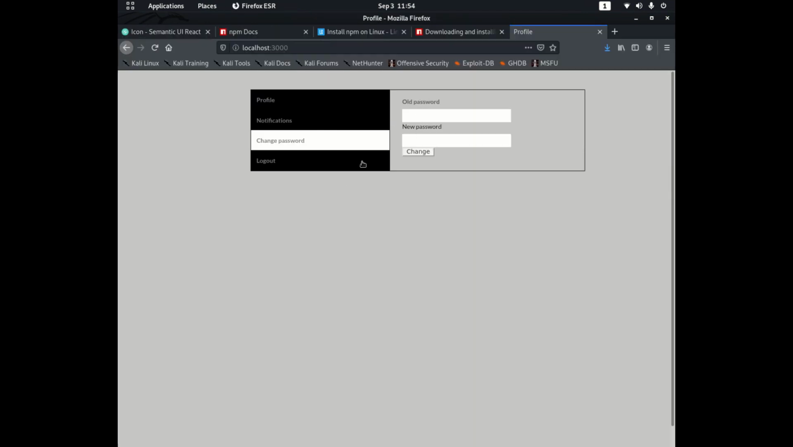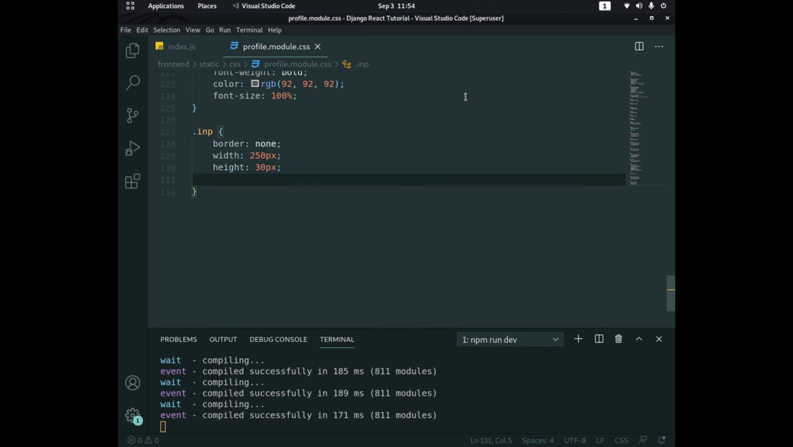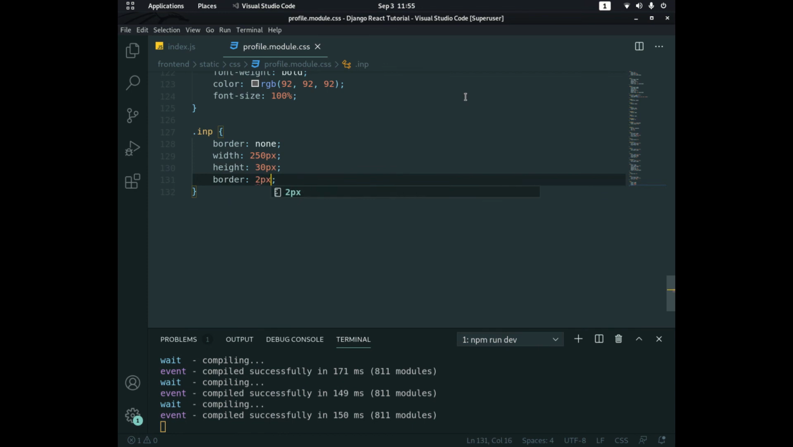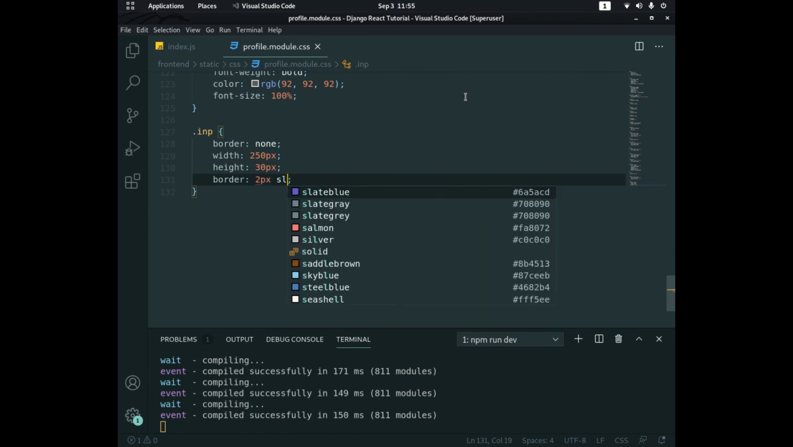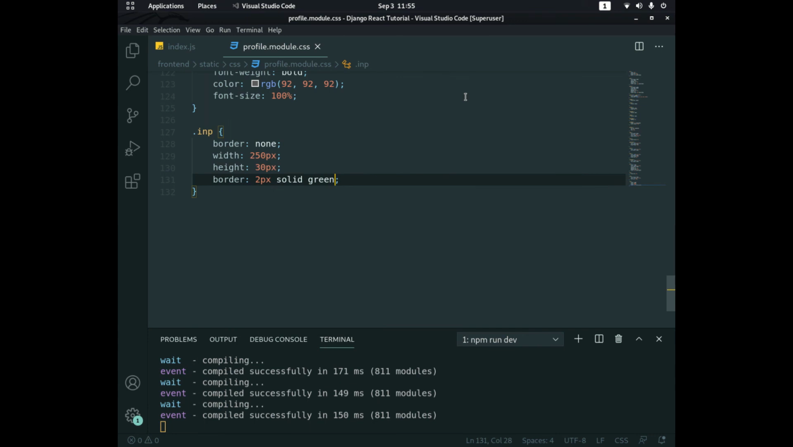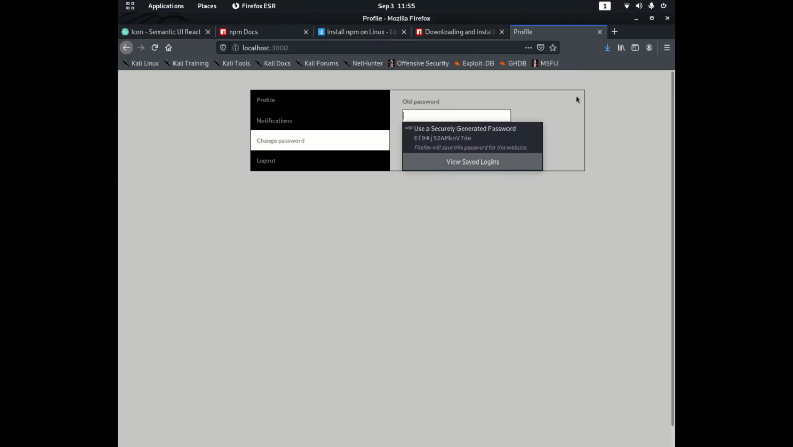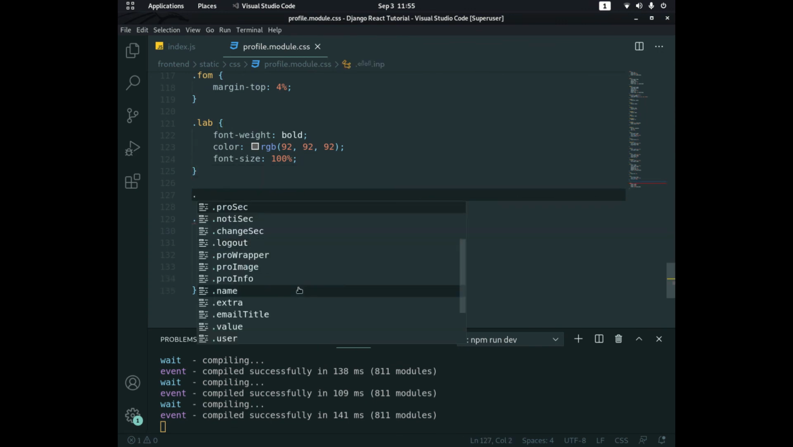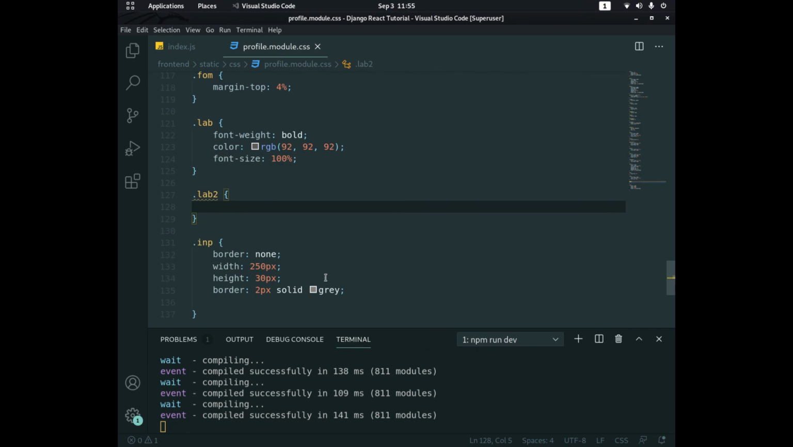So we have old password, and let's add border here. Border, let's say 2 pixels, solid, let's make it gray. Okay, how about this? It looks fine. But for the next input, the new password, it should have the same properties as this,